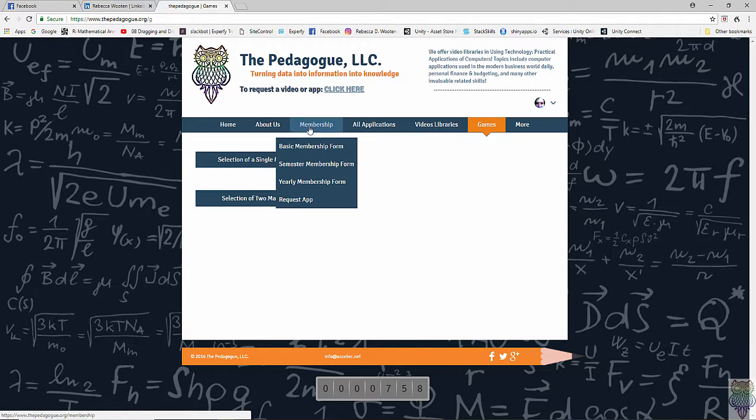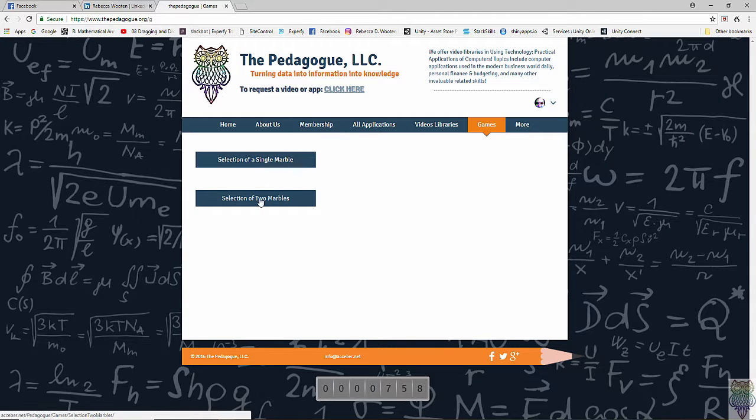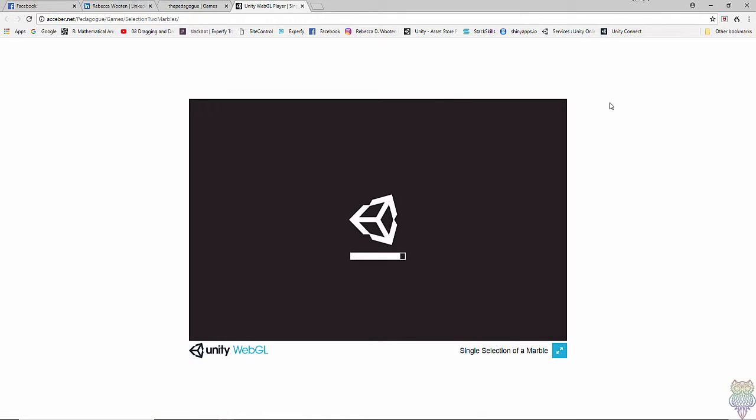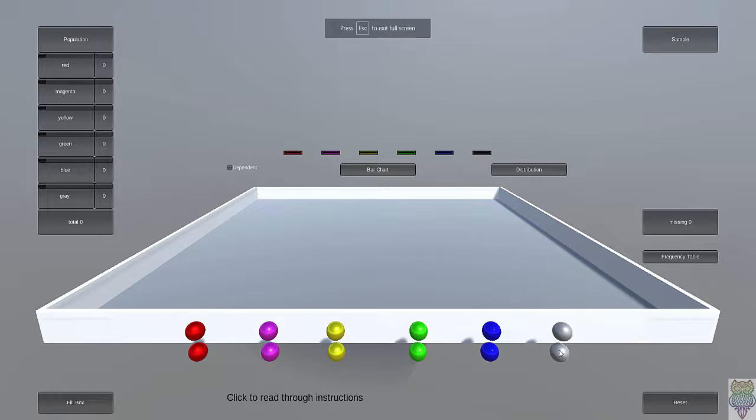These are still a work in progress. I've got two posted. The first one is actually not as interesting, so let's go to the second one. These games were written in Unity, which is a physics engine using the language C#. So what we have over here, we could go through the instructions,